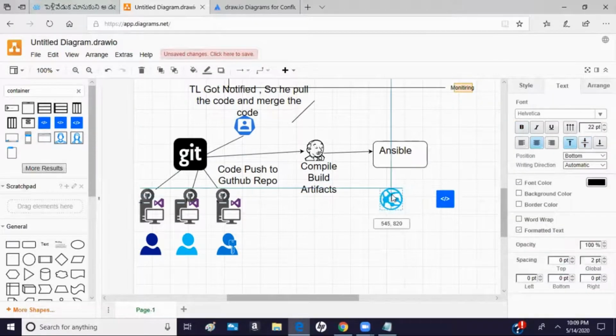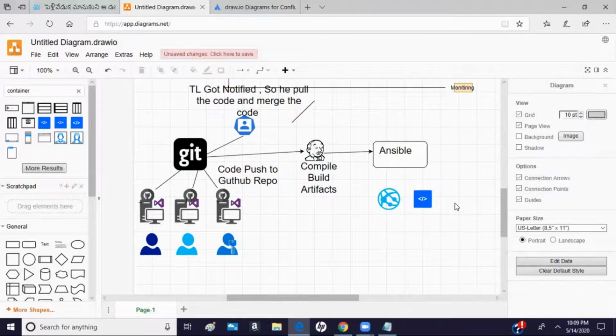So where it will deploy, either in a cloud environment like Azure or AWS, or it can be deployed in a Docker container itself.